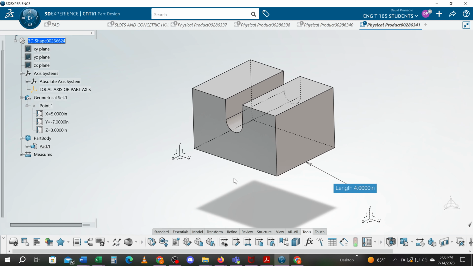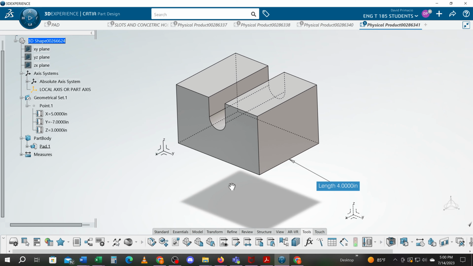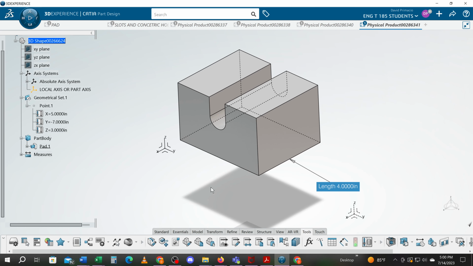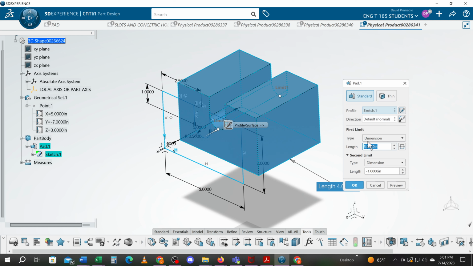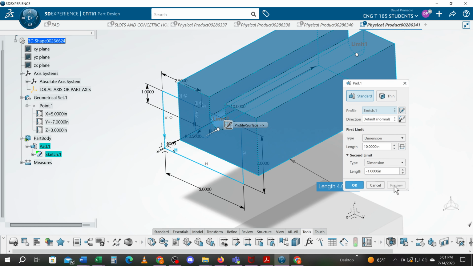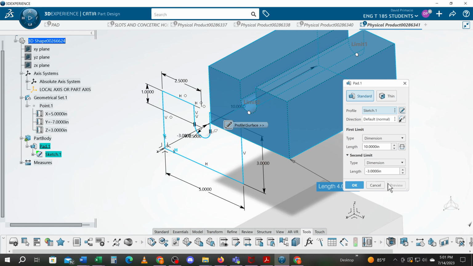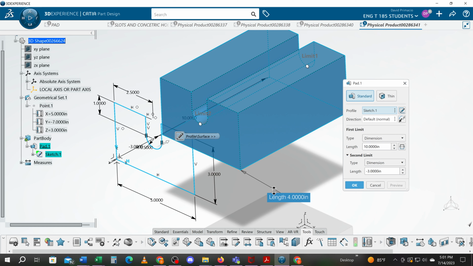Again, I don't have to delete a solid. If I want to change parameter values, I can always double click it to change it. If I double click pad off the tree or on the part itself, the pop-up window will come up and I can continue to massage these numbers. I'll change the length number 1 to 10 and hit preview. I'll change this offset here to -3 and hit preview and hit tab and then hit preview so I can see the end results. When I select OK,